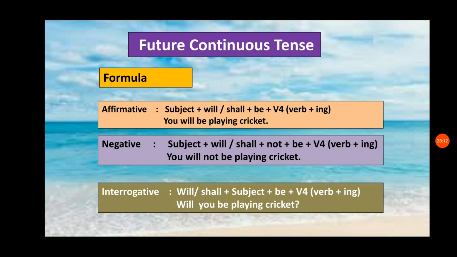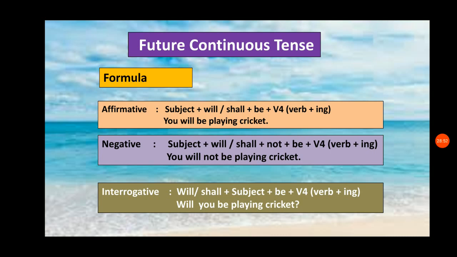So here, will be verb ing. Will is the future form, future auxiliary or modal auxiliary. Be is a be verb. Playing. And here we should not add any other be verb like am, is, are with will, because am, is, are are used only in present continuous tense, and was, were are used only in past continuous tense. And here we should use only will or shall with be. Okay, so will be or shall be. So, he will be playing cricket.